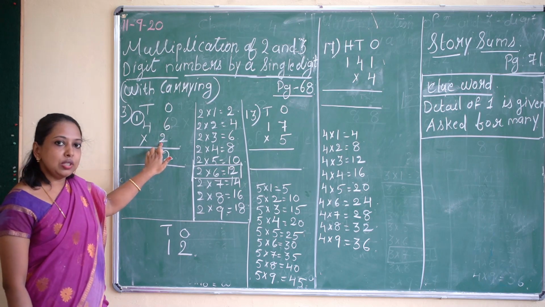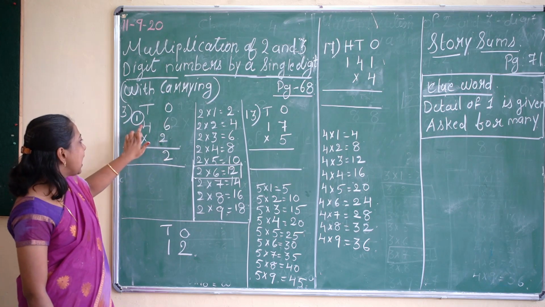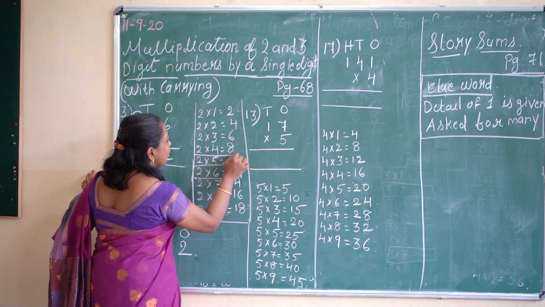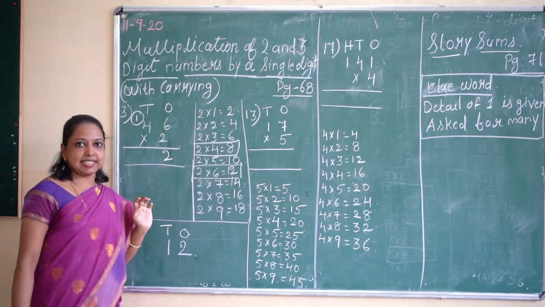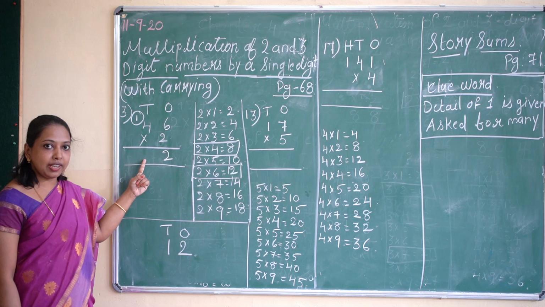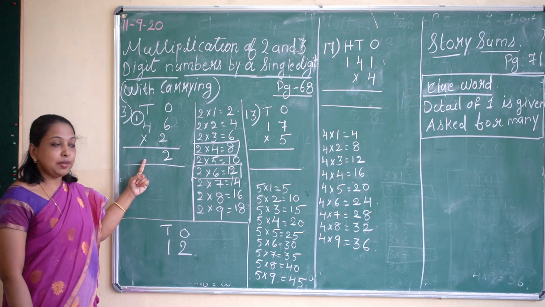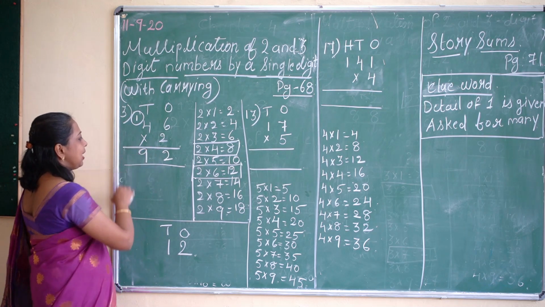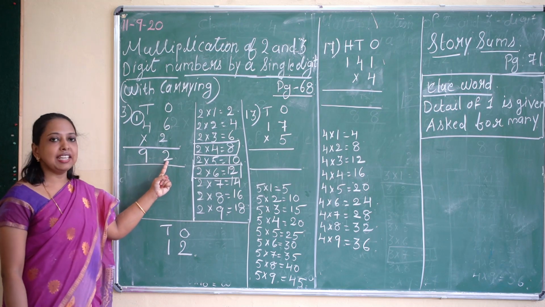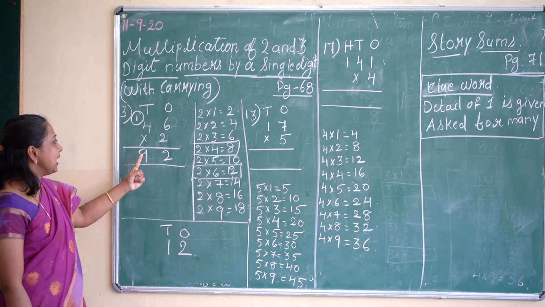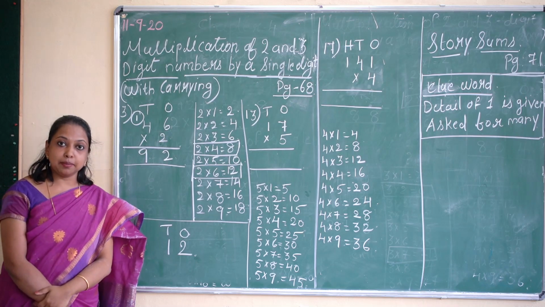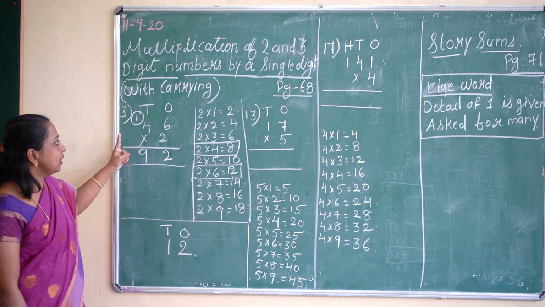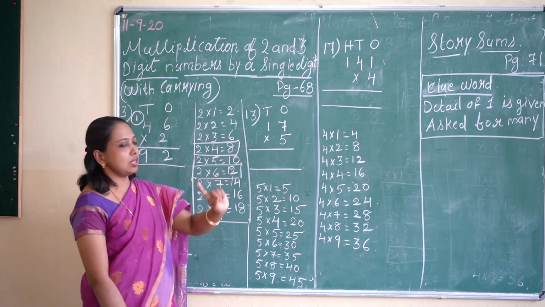Now 2 multiplied by the digit 4. 2 fours are, from the multiplication table you got 2 fours are 8. Can I write 8 over here? No. Before writing, I have to add carry 1 to 8. So 8 plus 1, 9. So we got the answer 92: 2 at the ones place and 9 at the tens place. Always remember, after the multiplication we have to add the carry. Okay. Now let's solve question number 30.